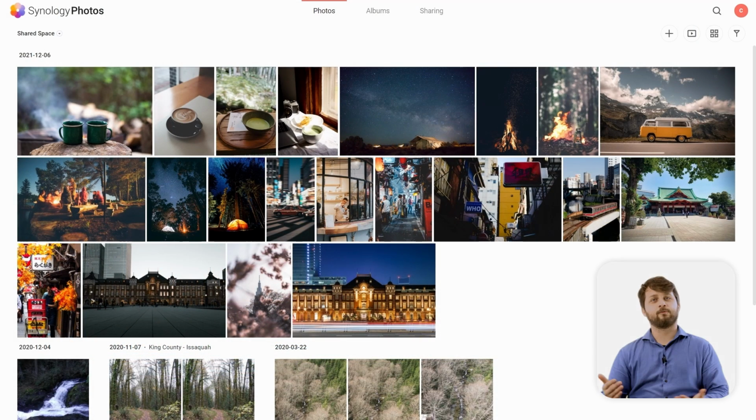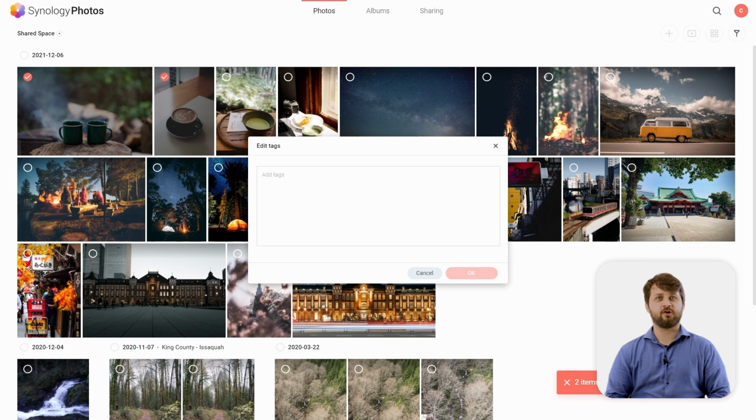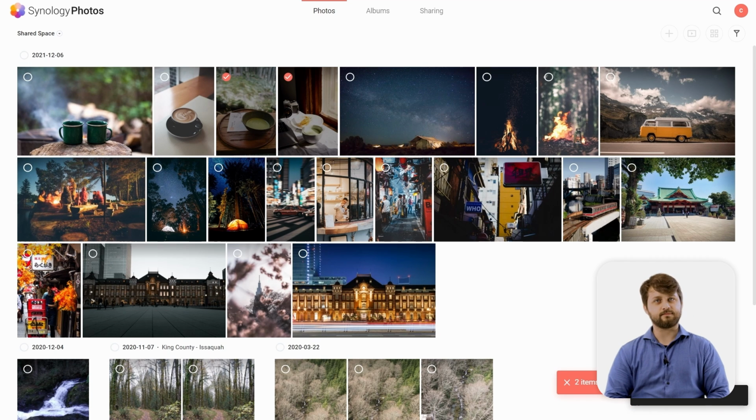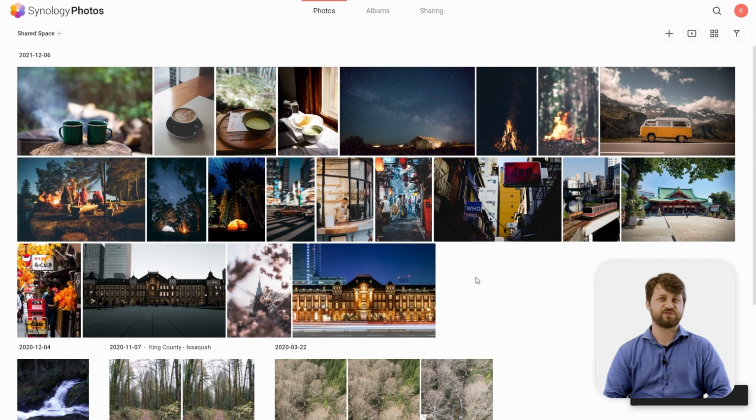So now let's go ahead and go through creating full conditional albums in this case. So what we're going to do is we're going to first tag a bunch of these photos from both our camping trips and our trip to Tokyo as photos that contain some sort of coffee or tea in our case. So we're going to go ahead and create a tag for coffee and apply that there. And we're also going to add a tag for tea on top of that. So now all these photos are tagged with coffee, tea, pretty much anything with a mug. So now we have 4 photos tagged with that specifically.